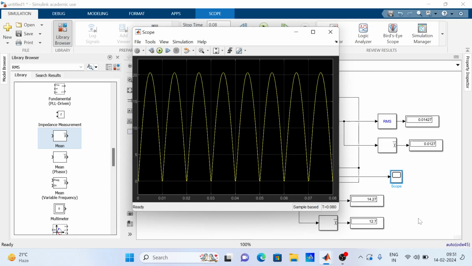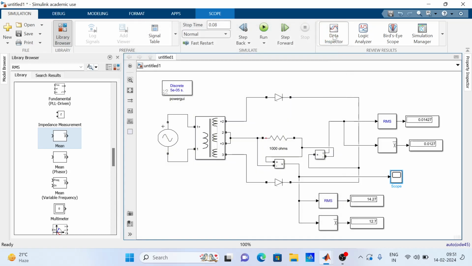So this is the complete simulation part for your batch 2. I think your hardware is completed. You have to work with the simulation part after completing the hardware, or before that. Same procedure: you have to take every component we require in the circuit from the specialized power system library, whether it is a half wave rectifier, half wave rectifier with capacitor filter, center tapped full wave rectifier, center tapped full wave rectifier with capacitor, bridge full wave rectifier, or bridge full wave rectifier with capacitor filter. Whatever it may be, you can work everything with the specialized power system library.